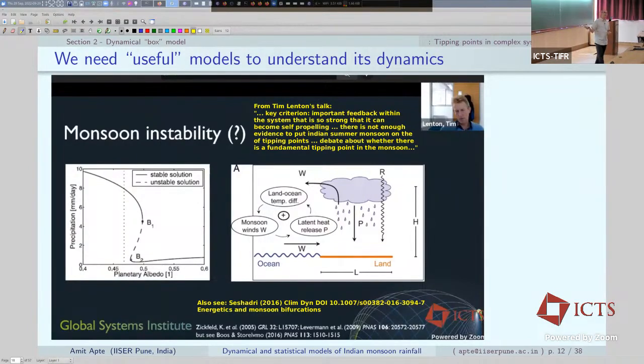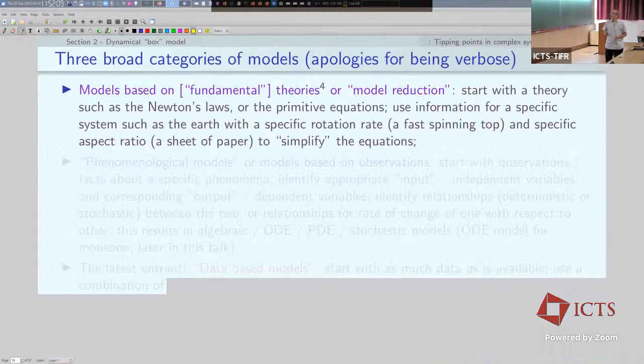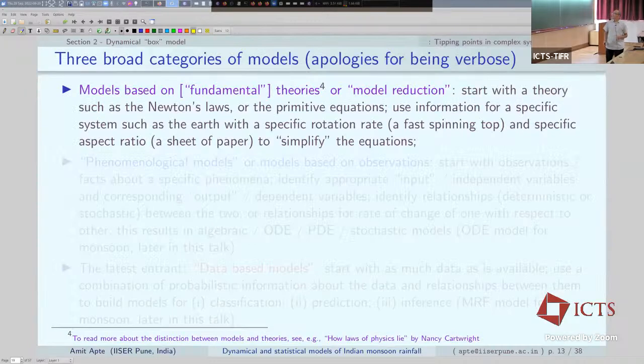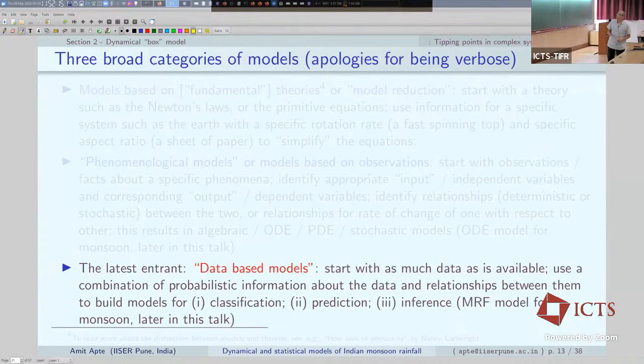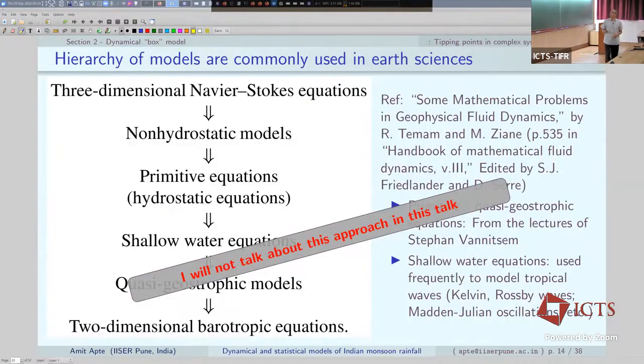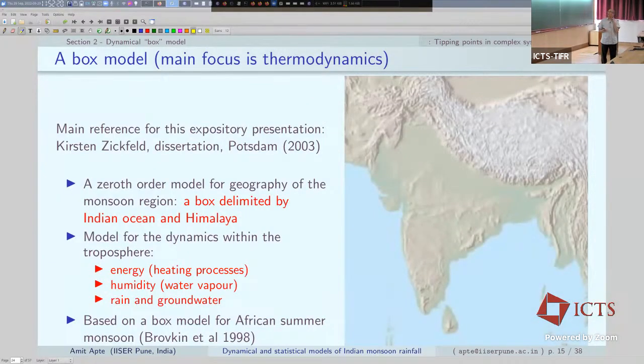And that's the basic attempt which I will try to present. And this is based on the work of Ziegfeld that he mentioned yesterday as well. Okay, so I will skip this. There is a general methodology about what type of modeling we would like to do, but I'll skip this. Sorry, I guess I'm kind of running out of time.